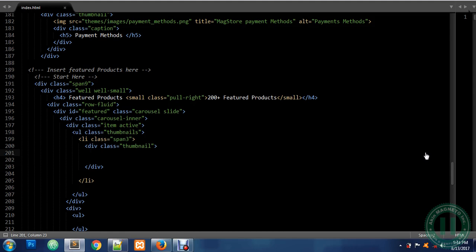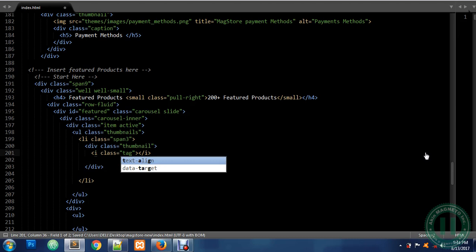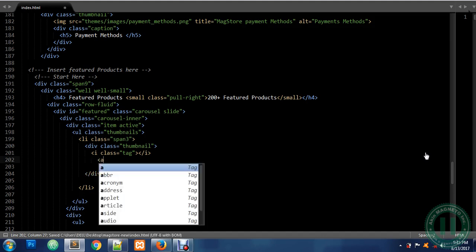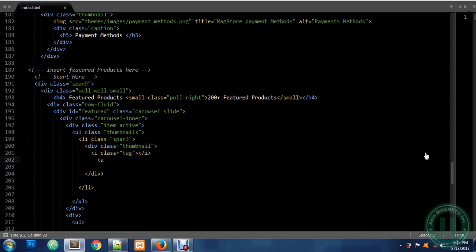So I'm going to make use of, sorry, let me close the tag before I start using them. Now this is i class and something is called tag. Okay, now this tag has already been formatted in the CSS file. Now, sorry, let me close the A tag. Okay,